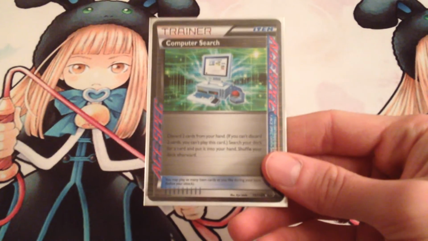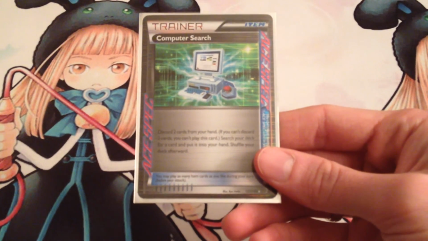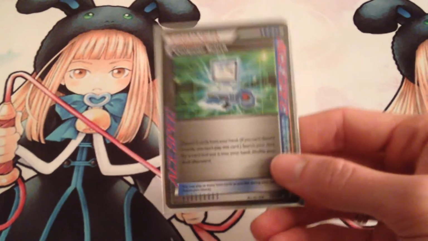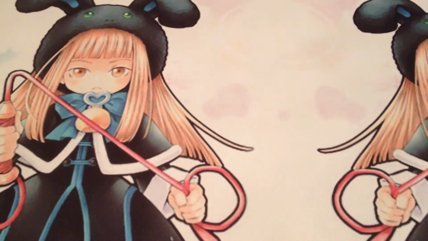I opted for Computer Search as our Ace Spec because we do like to assemble Megas and things like that, and we really want to make sure Xerneas goes off on our first turn, so this is really helping us search and maintain consistency, which is very important to us, because we like to...